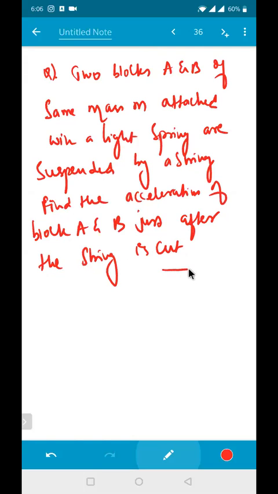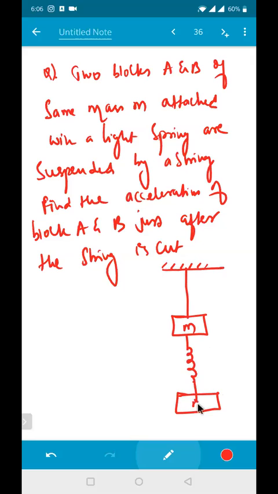This is the given diagram. This is your string here. We have got a block of mass M here, and in between there is a spring. And here one more, we got a block of mass M. This one is A and this one is B. This is a regular question. Many times we have been seeing such types of models in the NEET examinations. The only thing is you need to get a very clear-cut idea of how to make an FBD. That's very important for me.